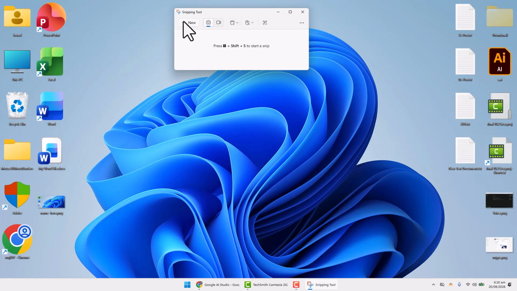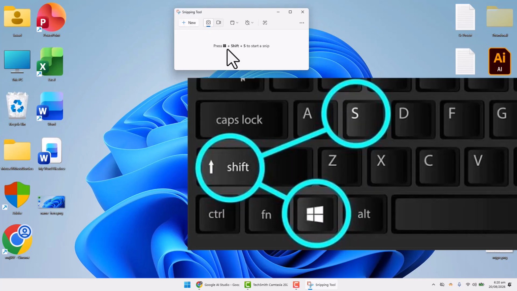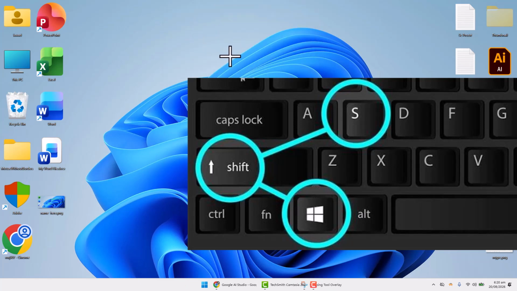to capture. Another important thing to know is that Windows also provides the Windows key plus Shift plus S shortcut for opening the Snipping Tool capture